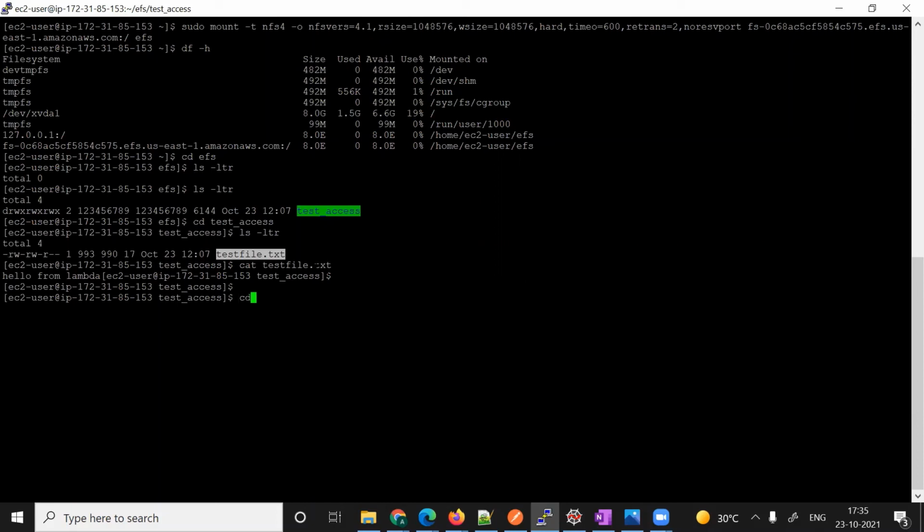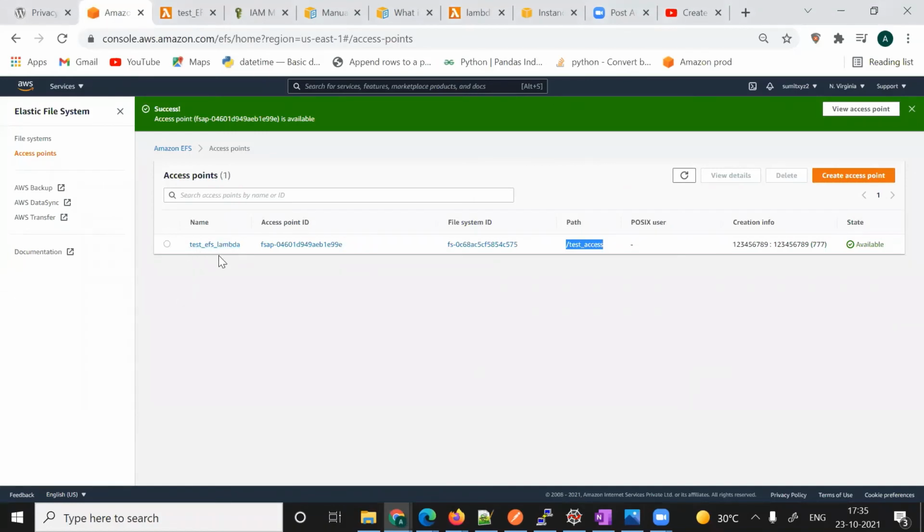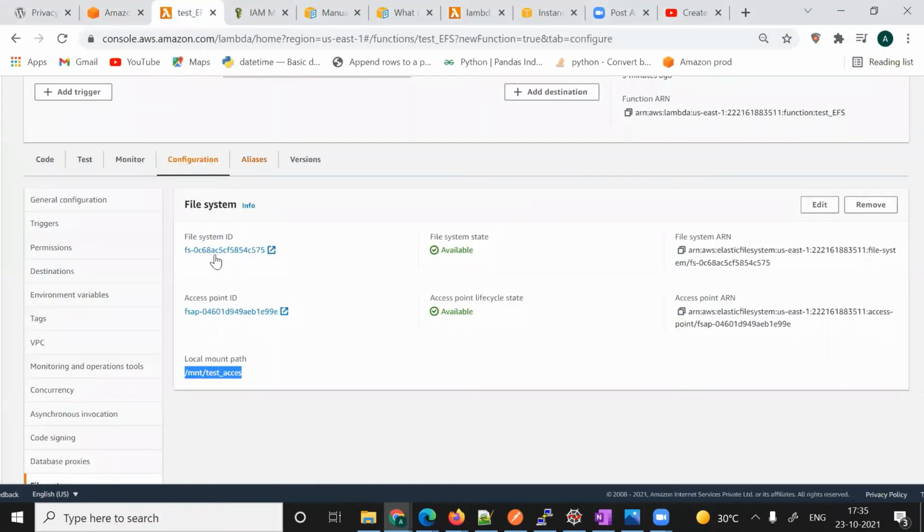So what do I want? I want my packages to be accessible. Not layers, actually, layers we are not going to use anyway. We are going to use packages like Pandas, NumPy, anything. You have to install whatever package you need in this location. Okay, and that location we have already mounted. We have connected this location to my Lambda, so my Lambda will be able to access that location.